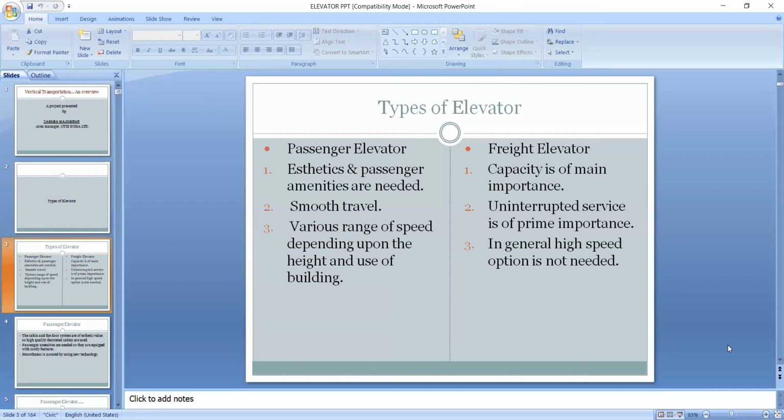Depending upon uses, we mainly have two types of elevators. One is the passenger elevator, which is used for passenger transportation. Another is the freight elevator or industrial elevator.